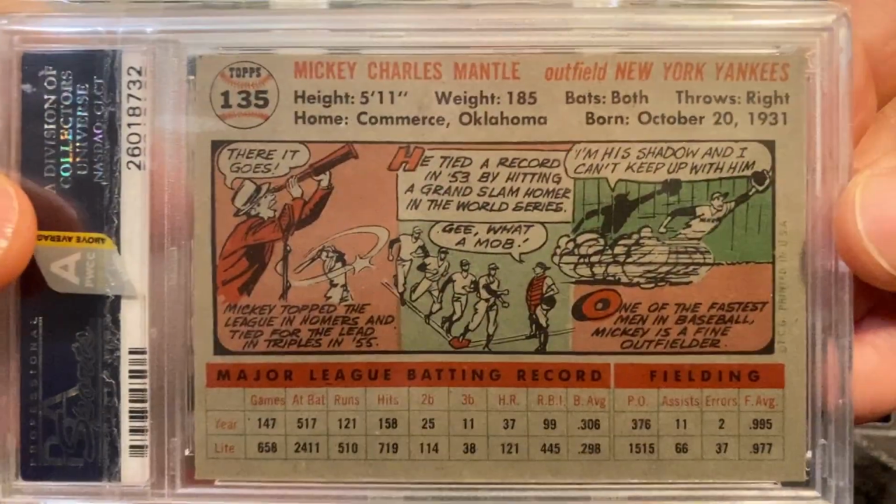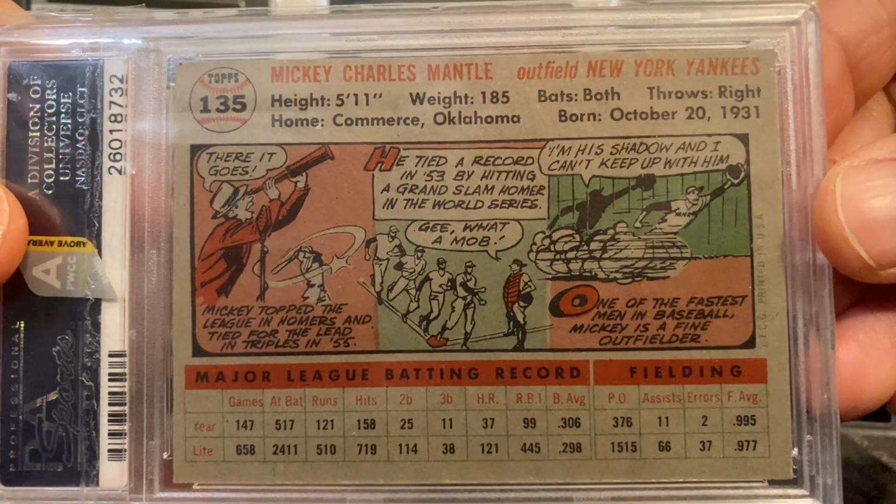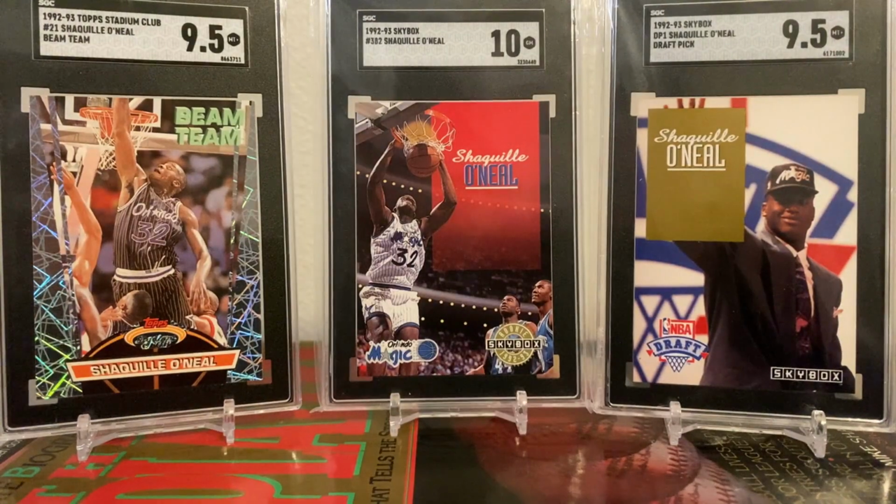I mean, this card is so, so nice. So I'm really stoked. I still have a Shaq Beam Team, and I was able to pay for the greater part, the vast majority of a '56 Topps Mickey Mantle, a really nice one, by selling a Beam Team. I also sold my other PSA 9 Beam Team, and